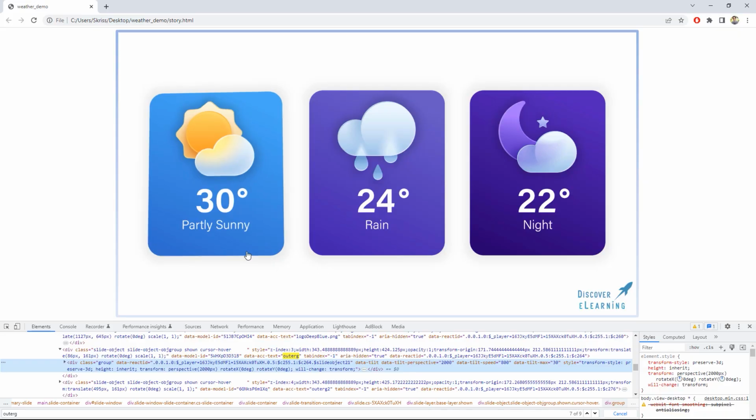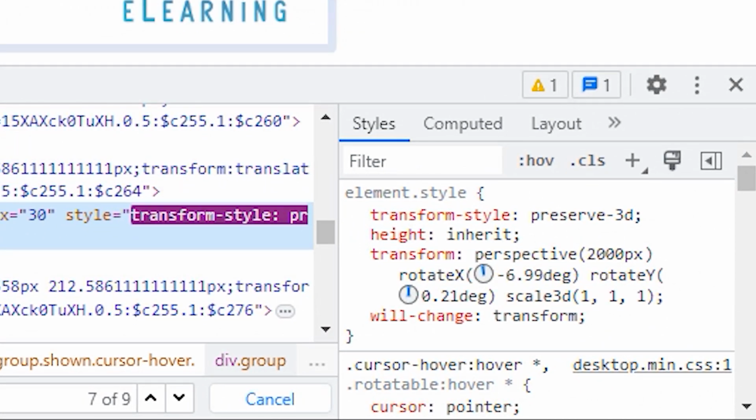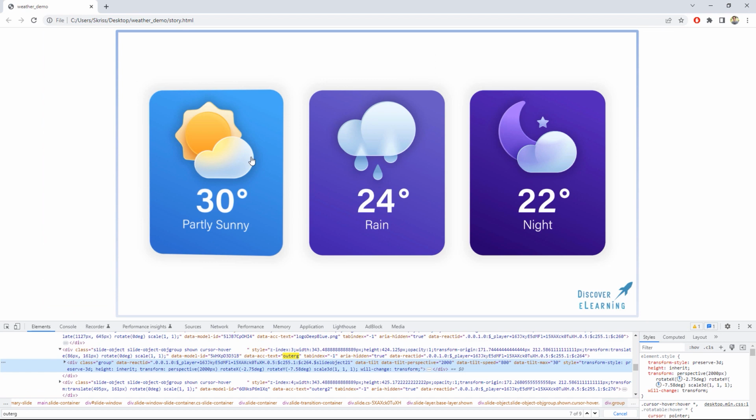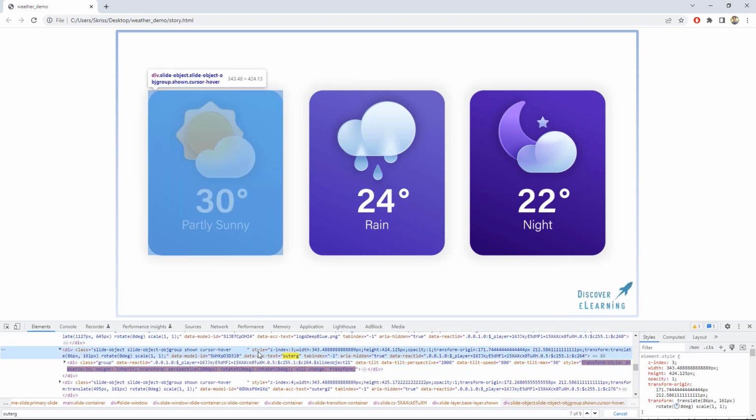if we take a look at our working example in the browser here and highlight the outer G div itself, you can see that what tilt.js actually does is dynamically update the transform translate position values as the mouse is moved over the image. The problem with this is that Storyline actually uses the transform translate values in order to position slide objects in the browser in the same way that they have been placed in Storyline. So attempting to update these with tilt.js would cause the positioning of our card to go out of place.